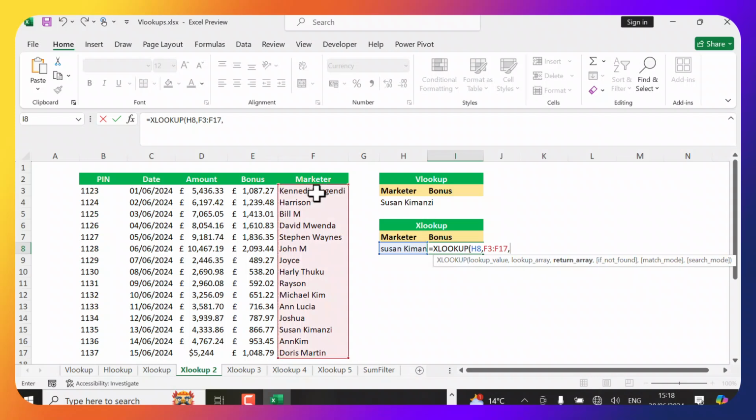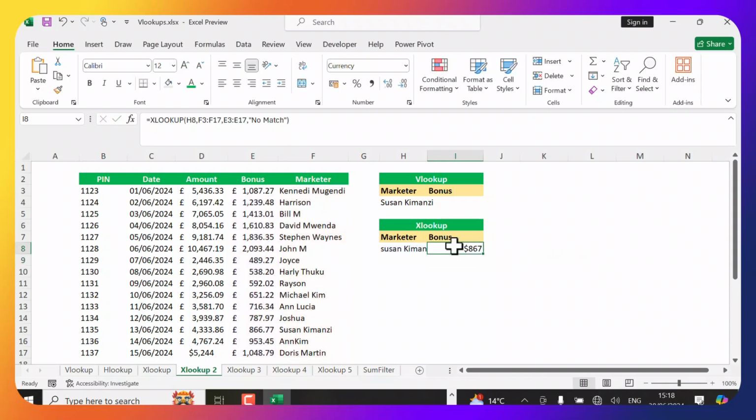Then the return array, which is E3, then Control Shift, then down. Then just in case there's nothing in H8, I want it to return "no match". So I'm going to put "no match" and then hit enter, where we see that Susan Kemanzi has